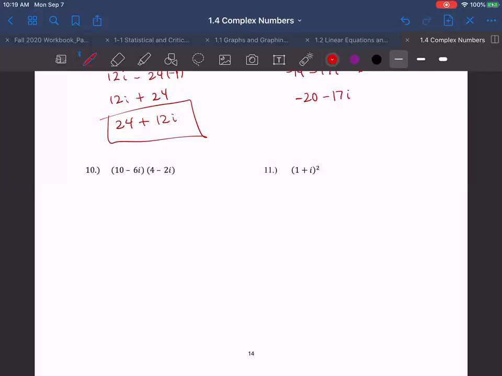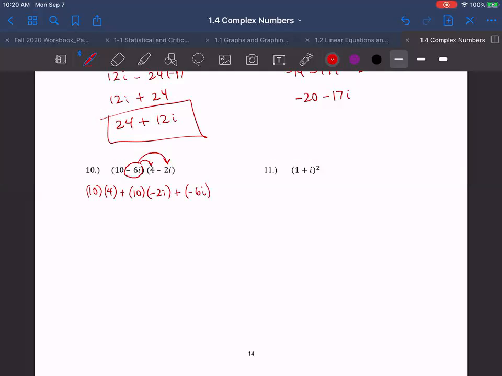All right, let's take a quick look at number 10 here, and we'll try this one. So here we're just going to do our regular old foiling. Again, we'll take this 10 and we'll multiply it through onto everything in the next set of parentheses there. So we have 10 times 4 plus 10 times -2i. And then we'll do the next part, which is the -6i, and we'll multiply it by the 4 and the -2i. And so we get a plus